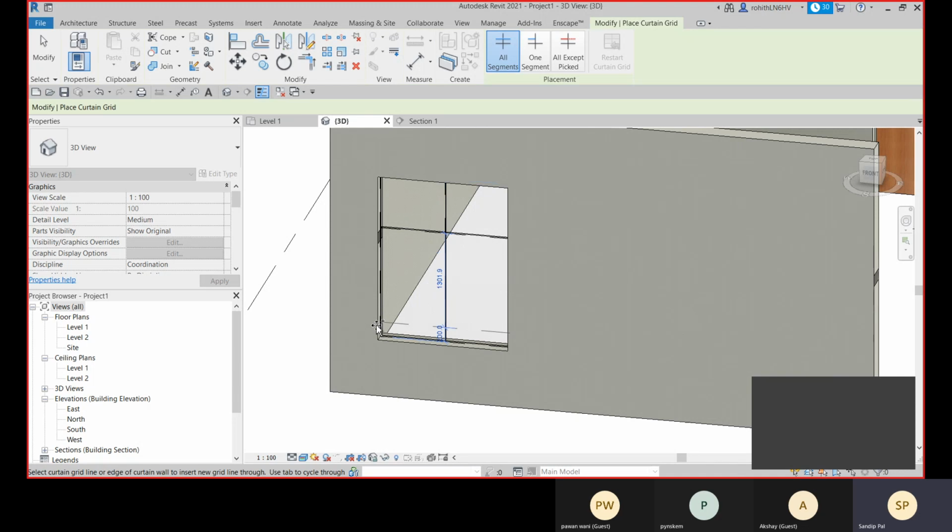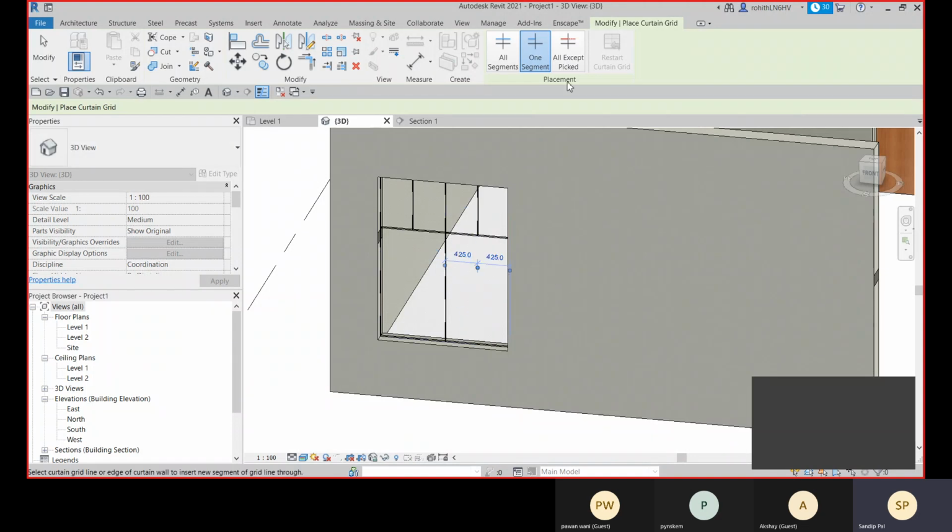Okay, and after that, if I don't need to place throughout the whole panel, I can just go with this one segment option. I can just place on this part only, like this.